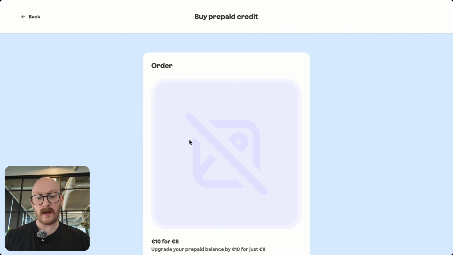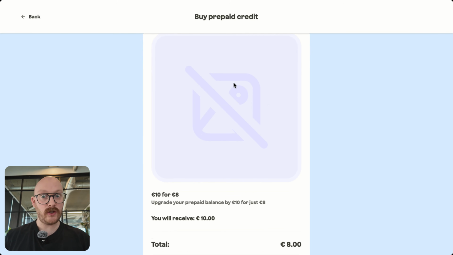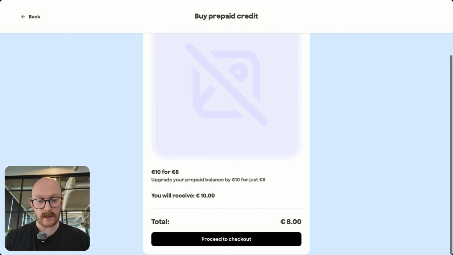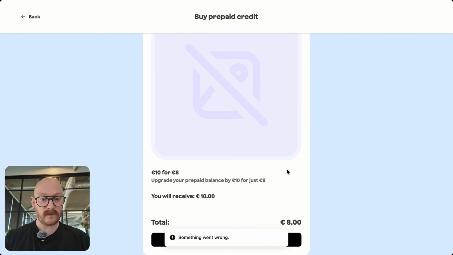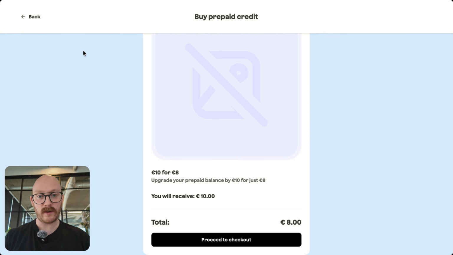They'll then click through to next. Again, you can add your image here, which I instructed earlier on in the video. If you have a nice image, I would really recommend that you add it here. And then they can proceed to checkout. And as long as you have your payment processor like Mollie or Stripe, for example, configured here, they will be able to successfully purchase it. That's not the case in my particular account because it's just a test account, so we don't have a payment processor. But they'll be directed through to complete the transaction here, and then their prepaid balance will automatically update